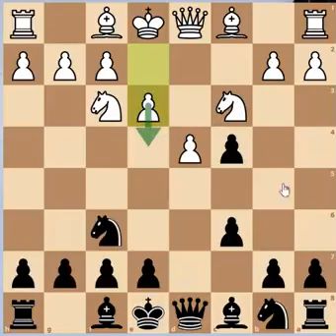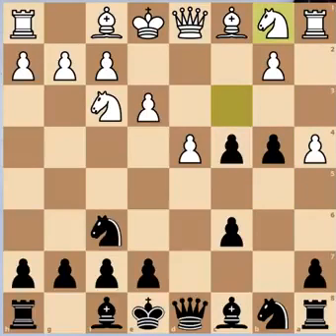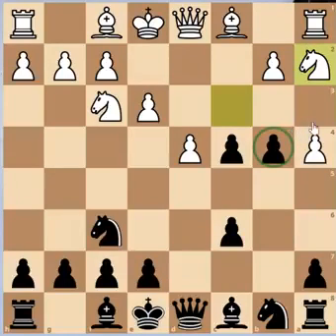Same as after e4, black continues with the move b5, and white now plays a4 immediately. After a4 undermining the structure, black continues with b4. We have knight b1. Another option is knight a2, which puts pressure on the b pawn immediately, which I think